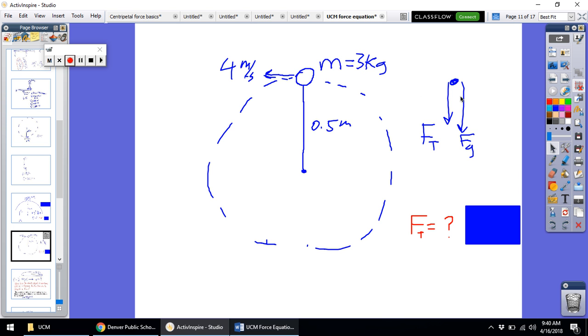okay, notice that you have tension and gravity both pointed down, which means then when you set up your force equation, you should have A equals both of these guys, Ft plus Fg, all right? And then if you do that right, you should get the force of tension being,